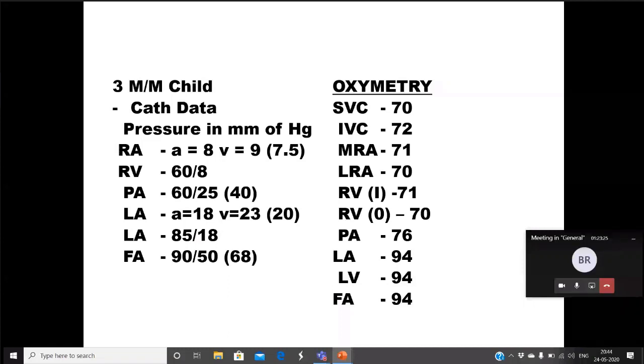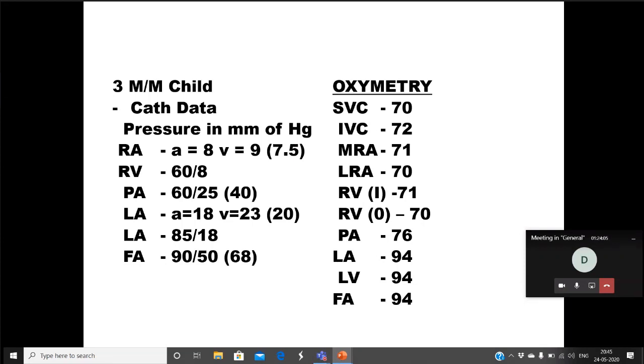So then there is LA, LV, femoral artery desaturation. What is your explanation? So there is a right to left shunt at the atrial level. Why did you say that? Desaturation at the level of LA, sir. That is not enough. What I told you is that blood can flow from an area of higher pressure to an area of low pressure. So can it flow from right atrium to left? What is the right atrial pressure? Right atrium is at a significantly lower pressure. So how can you have a flow from right atrium to left atrium?